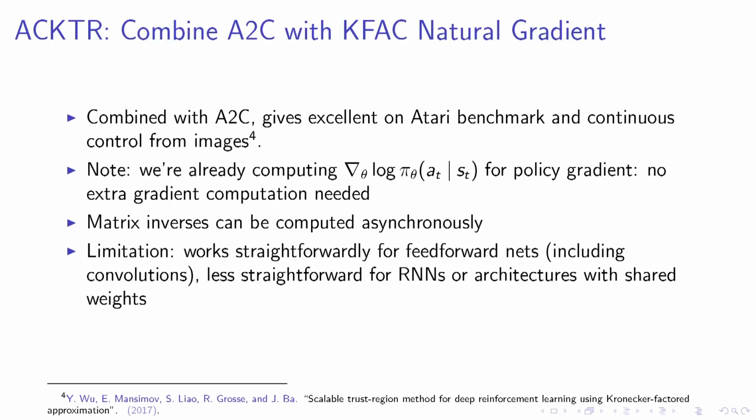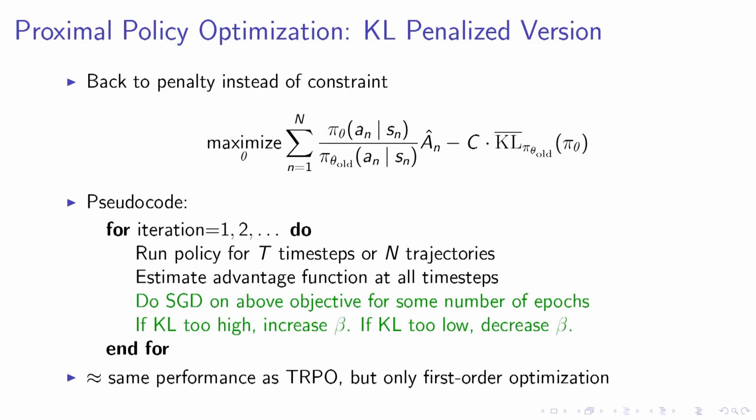The limitations are it's less straightforward to use when you have parameters being used multiple times and with recurrent neural nets, but it can probably be used in these cases also with a little bit of extra work. Another algorithm is proximal policy optimization. That's what I just described before, where you use the penalty instead of the constraint. As it turns out, this version I described before with the adaptive penalty is okay, but it's not the best